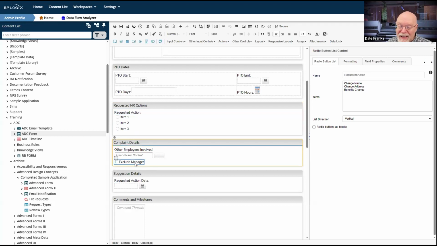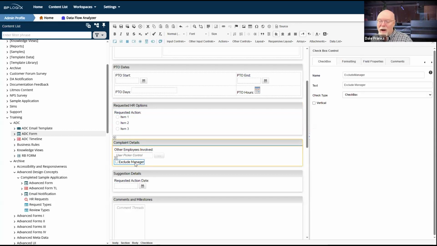On complaint details, I'm definitely going to want to skip my manager because I have a specific text box or checkbox where, when the user fills it out and he's making a complaint, he says, I don't want you to include my manager. So I'm going to have to skip the manager because if the complaint happens to be about the manager, I want to be able to give employees a way to not have the manager who is being complained about as the gatekeeper for their complaint. So that's going to affect how the process works.